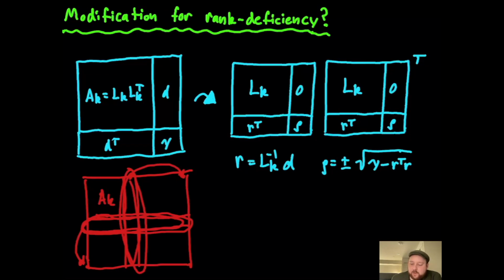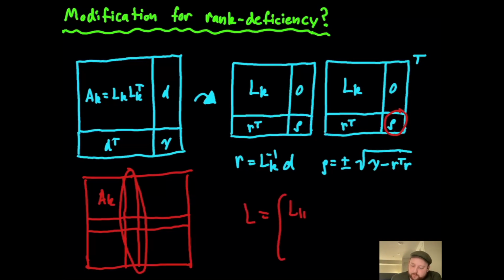Eventually, if I keep shoving these columns and rows off to the very end, there'll come a point where there are no more rows and columns to bring in that would make the row not 0. You'll have run out of columns and rows to do this with, right? And in that case, what's happened is that you've produced an L such that you have